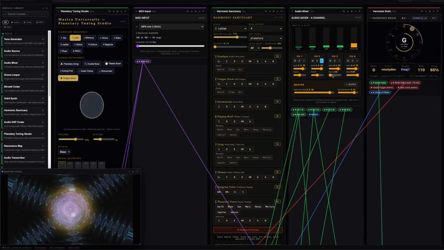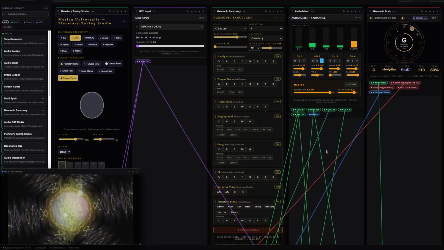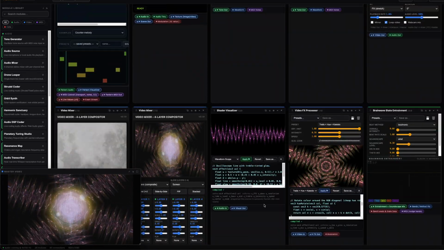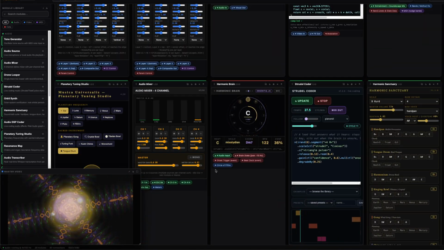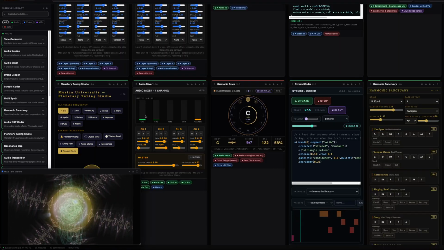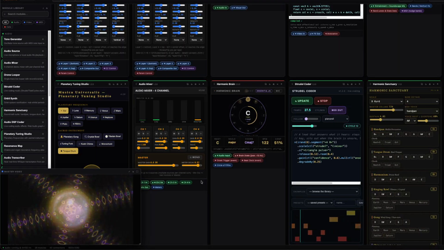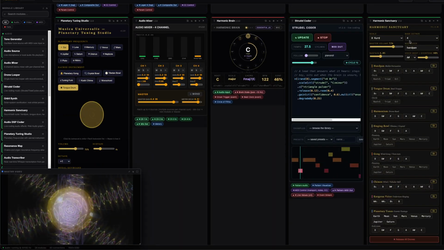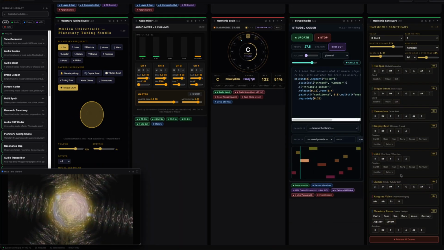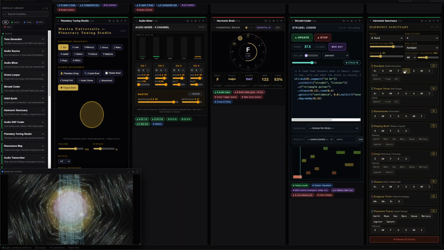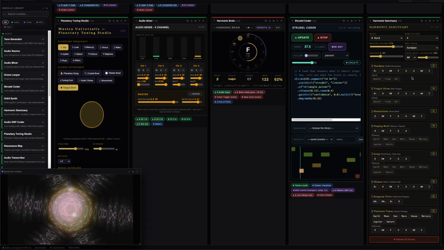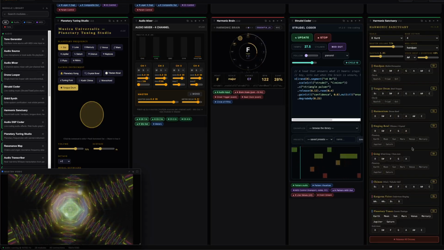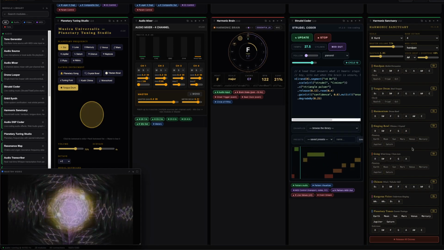I have it panned left and right for the binaural beats. I have a separate audio mixer, also panned left and right for the sun and moon planetary tunings, and then I'm feeding standard tuning from here. This is my non-planetary tuned sacred instruments synthesizer. So with everything combined,